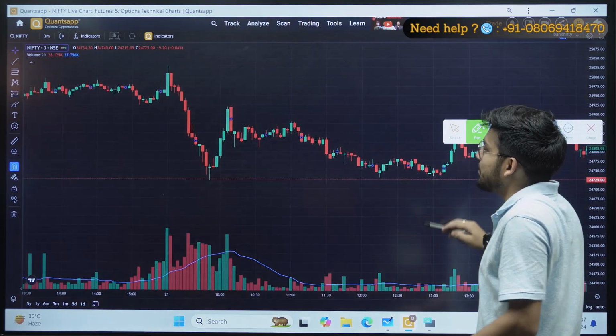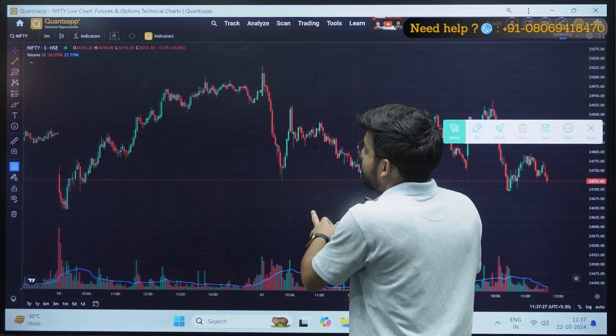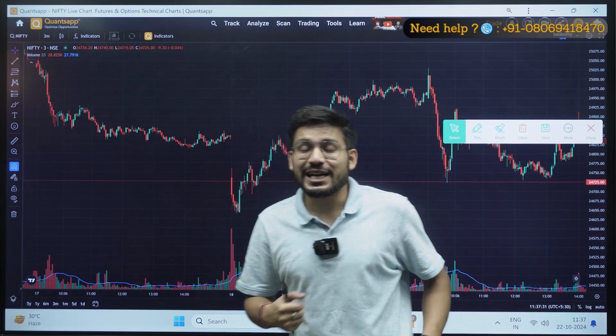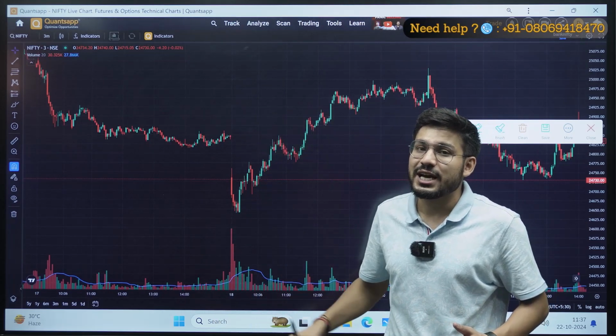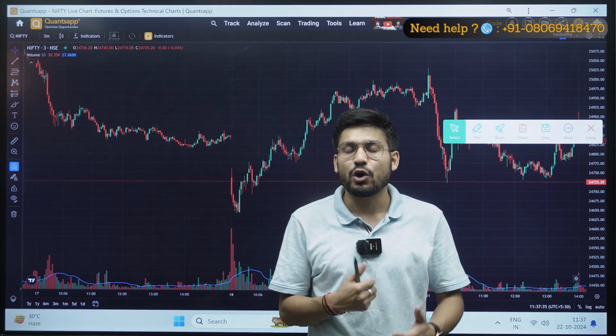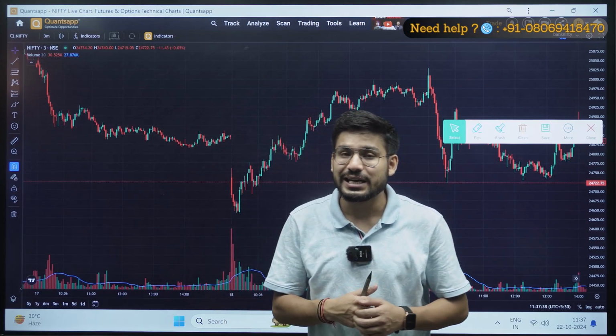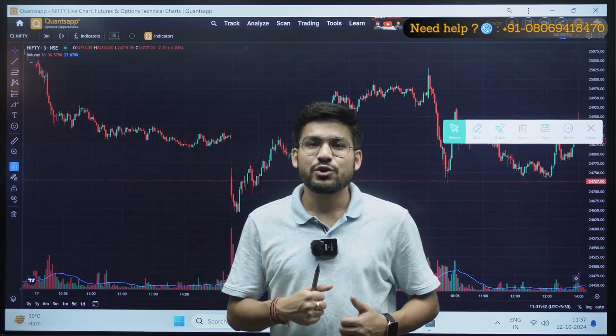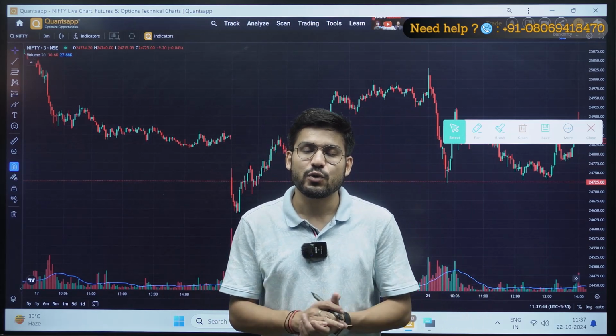So there are multiple examples. The flag patterns are patterns that you will notice in your chart very often, and if you can trade with this strategy, as I have told you, applying the volume as well with a good entry and stop loss, you can be in a win-win situation. You will always be green in your portfolio, right?